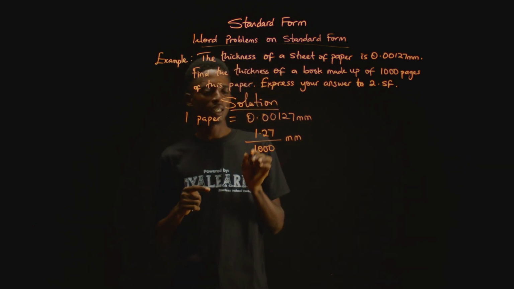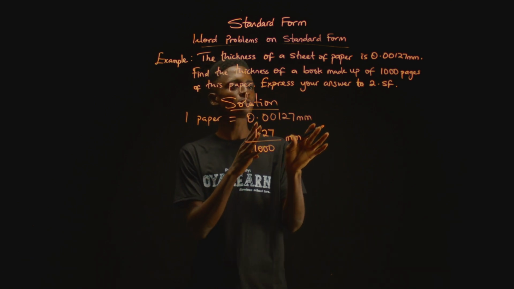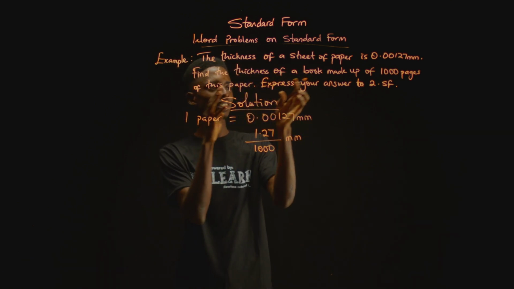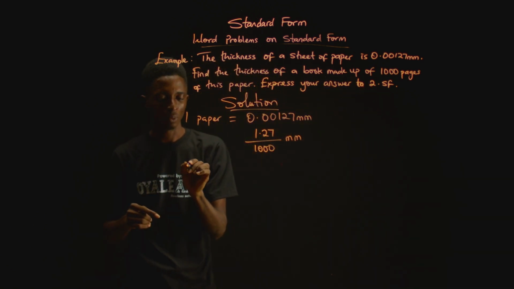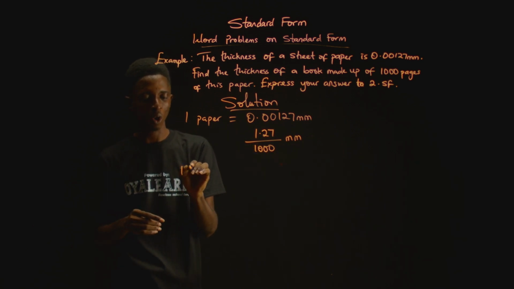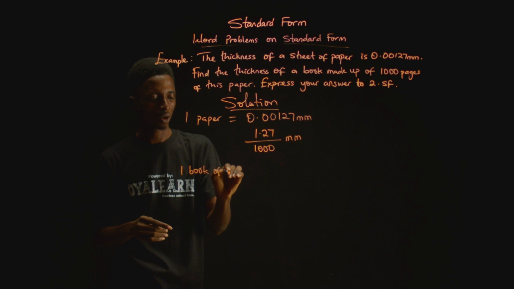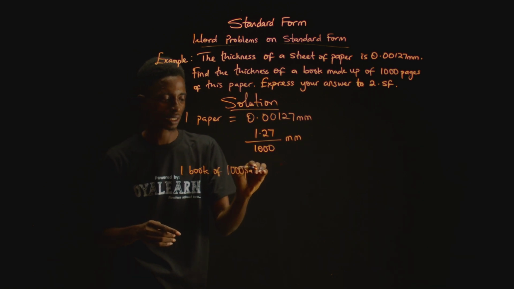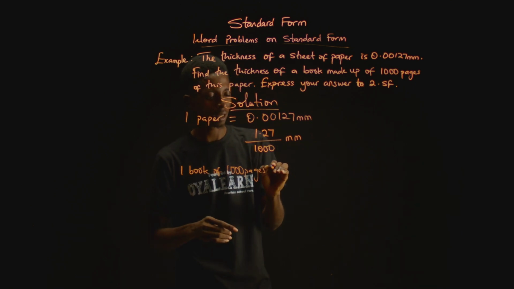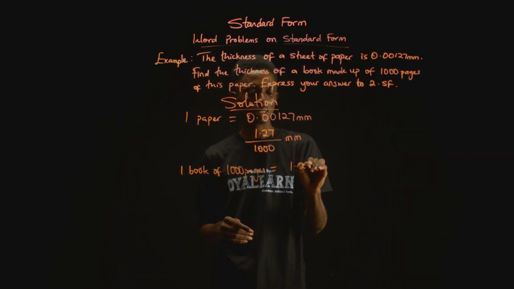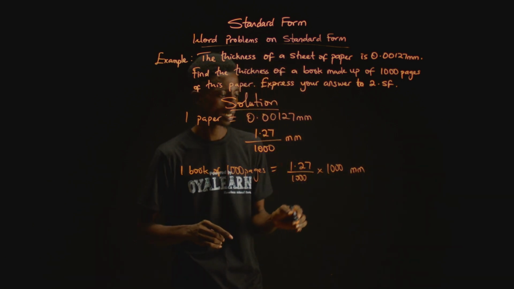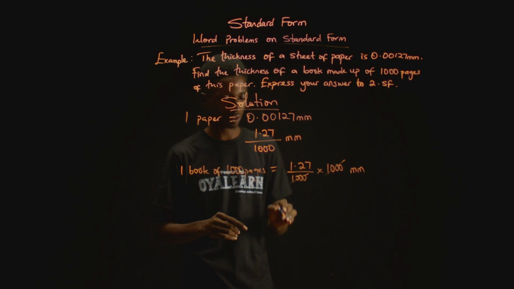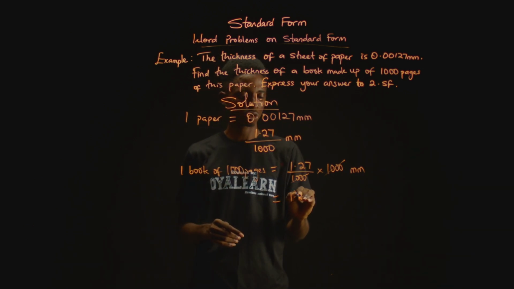Now working with this, if we are going to look for the thickness of a book containing 1,000 of such paper, we're going to multiply this by 1,000. So one book of 1,000 pages will then be equal to 1.27 over 1,000 multiplied by 1,000. And our answer is still in millimeters. So we see that 1,000 here cancels 1,000, leaving us with 1.27